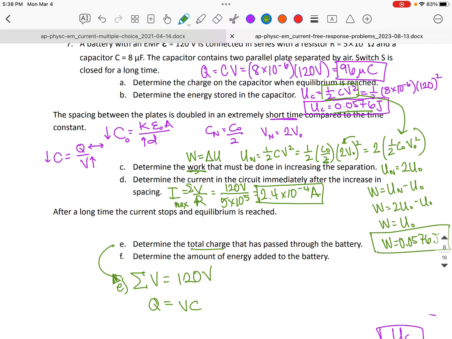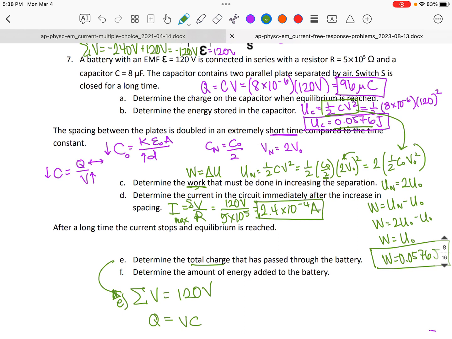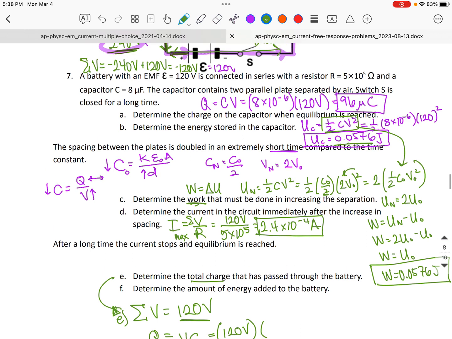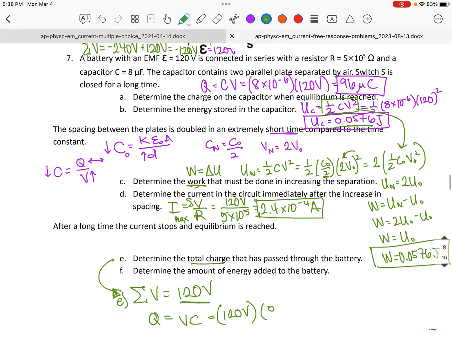The battery pushed charges going to the left, but in total, the 240 volts is going to push more charge through the battery, and that is going to be relative to the difference between the 240 voltage minus the 120 from the battery. So we end up with 120 volts. That's the net voltage going counterclockwise times the capacitance, which is 8 times 10 to the negative 6. And that gives us,